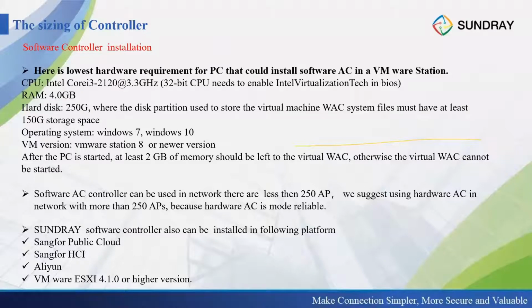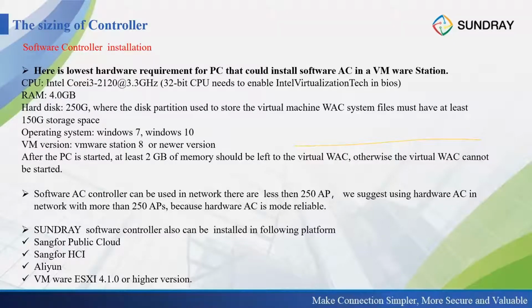And also for the software installation, if you want to install in the VMware Workstation, these are the parameters you need to follow. The CPU needs to be 3.3 gigahertz, and the RAM at least 40 gigabytes, hard disk at least 250 gigabytes. And we know that VMware Workstation is running on the system, right? You need to have the system be Windows 7, Windows 10, or Windows 12. You need to prepare this for installing the software